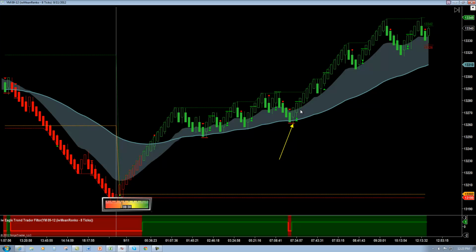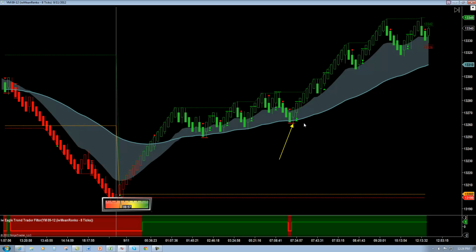Now, like I said, counting legs and waves can be very, very subjective if you're not careful. However, I think it helps to remove the subjectivity when you just choose the way that you're going to start counting legs, and then that's what you stick with. You may not agree with what I'm showing you right here, and that's fine. I may not agree with what you're doing. Regardless, I'm not going to argue about it because I have chosen a method that works for me.